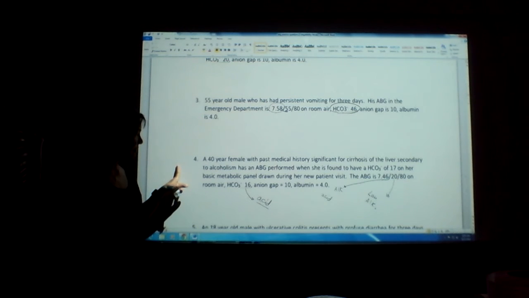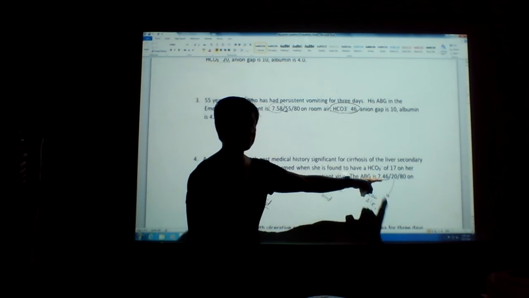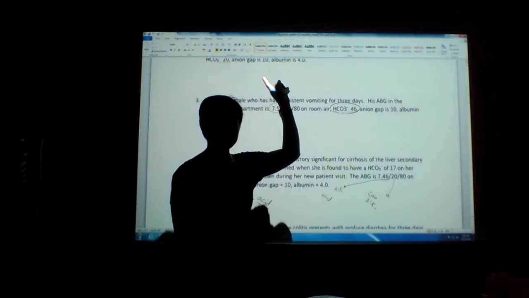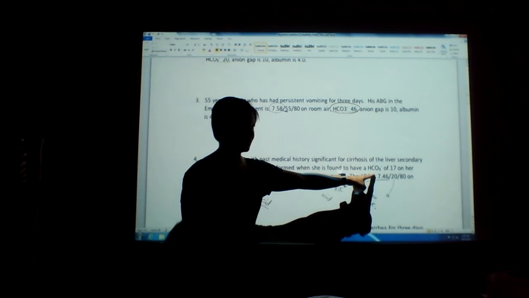When she first came in, her bicarb was 17, and then it's going down. It dropped to 16. Let's say they gave her O2 or anything like that. That's why I'm thinking it must be acidosis. But why is the reading respiratory alkalosis compensating? Isn't it respiratory alkalosis? Because this is alkalosis, the pH is high. If the pH is high, it's alkalosis.